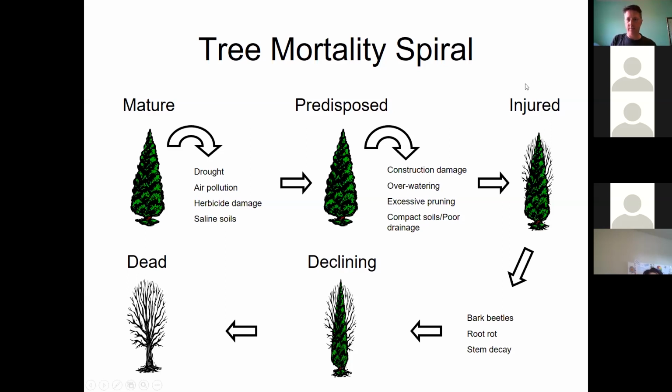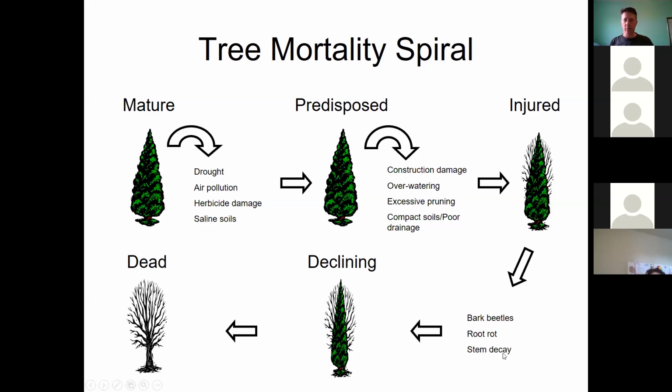And then we might actually end up with a tree being injured. So it's got some physical ailment or some physical damage that's happened to it. And then we might see a little bit of dieback, but it's not too alarming. And usually at this point, we might start to increase watering a little bit, thinking that it just needs more water. And then this is when we start to see the bark beetles and root rot and stem decay moving in. And it's because we moved from a healthy plant through all these conditions to a plant that's unhealthy, and that causes its defenses to be weakened,